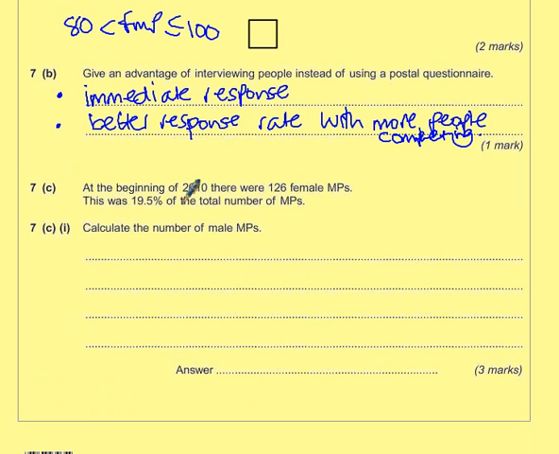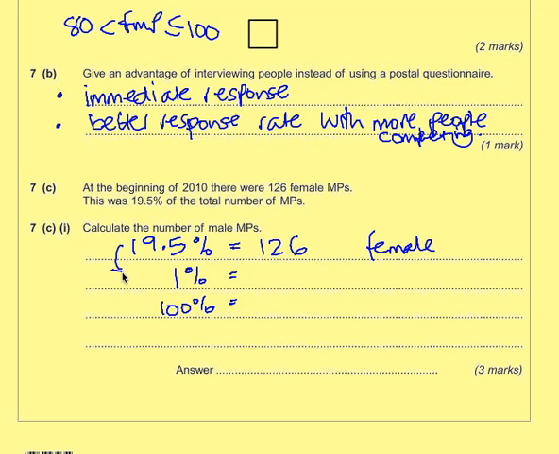The 7 part C, at the beginning of 2010 there were 126 female MPs. This was 19.5% of the total number of MPs. Calculate the number of male MPs. So we're told that 19.5% is equal to 126 for the females. So if I scale down to 1% and then up to 100%, I can do that by dividing by 19.5. So if I find 126 divided by 19.5, that will give me the answer of